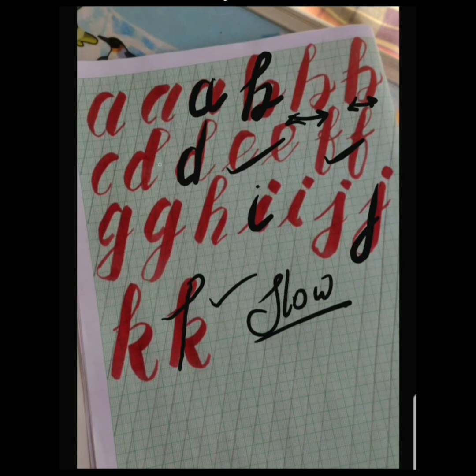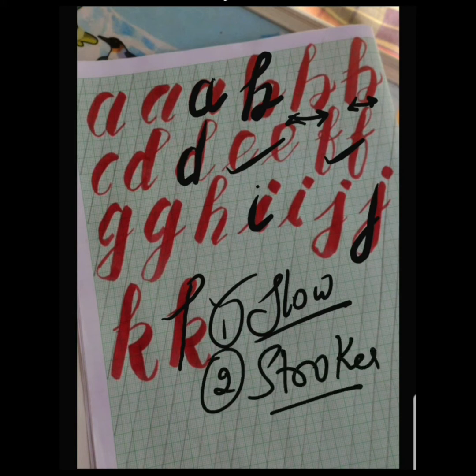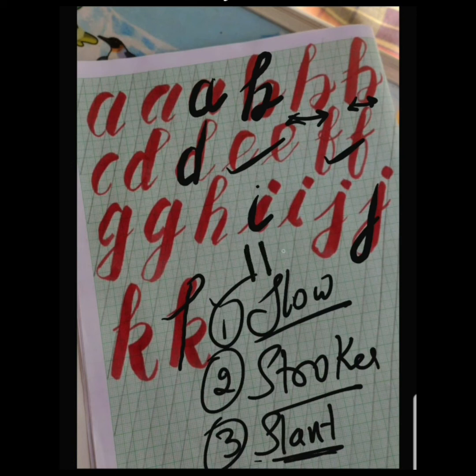So finally, when you're really a beginner of brush calligraphy, a few things you have to remember. One, go very slow. Second point, understand the strokes, which is very important. And third point, understand the slant lines as well. If you're unable to do the slant lines, you're not ready for slant lines, start with straight lines also, no problem. But still, you should understand whether your strokes are going proper or not. So these are some of the points to remember whenever you're doing brush calligraphy.